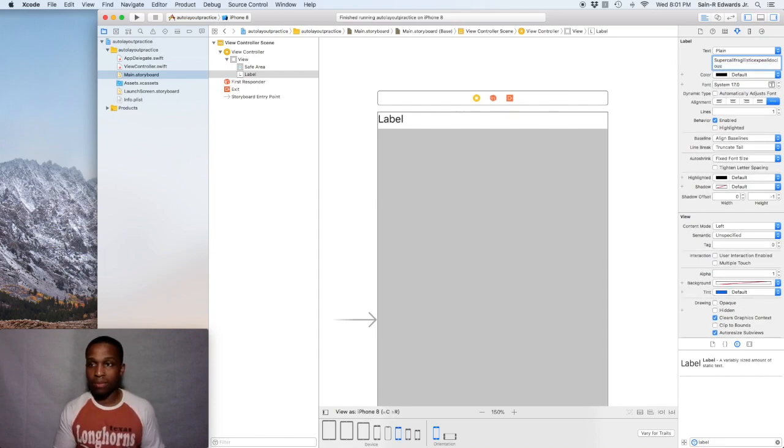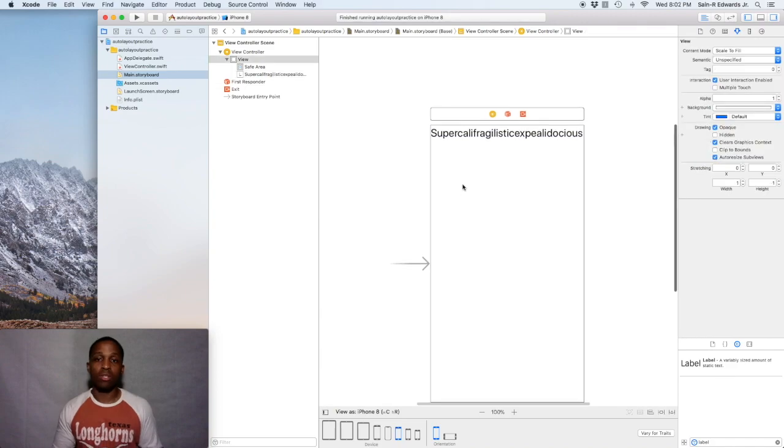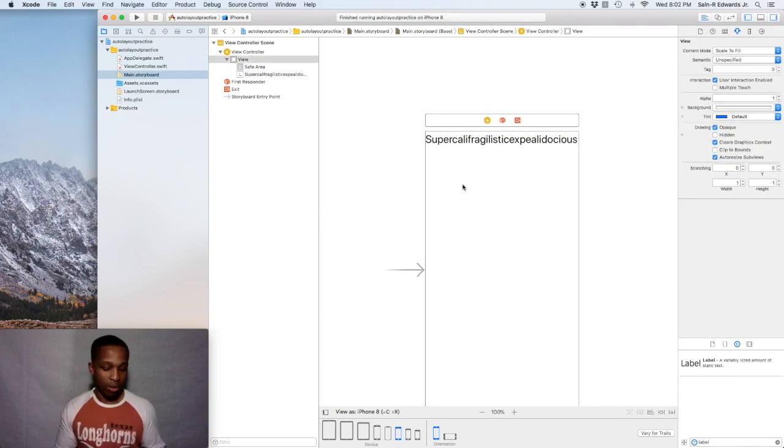Supercalifragilisticexpialidocious. I don't know. I know that's wrong. So I'm going to increase the font a little bit. All right, so now that we have it at the very top, let's go ahead and run our app